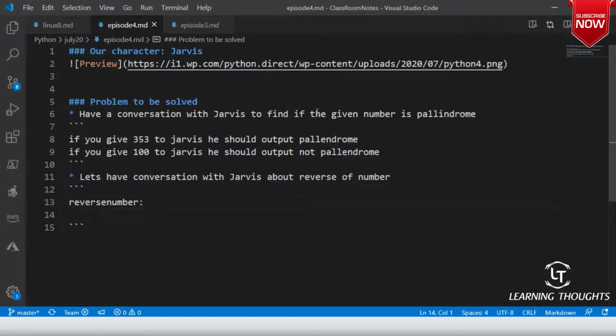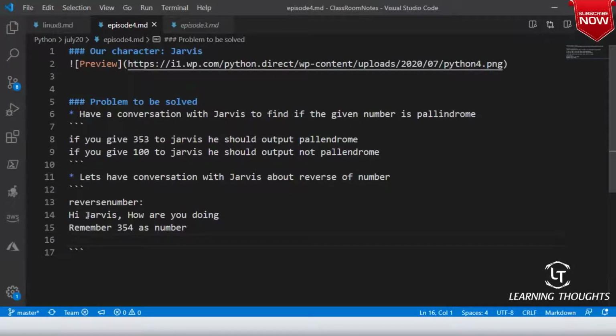This is a name which I am giving to it. And in here I will tell, hi Jarvis, how are you doing? Formality. And then remember 354 as number.